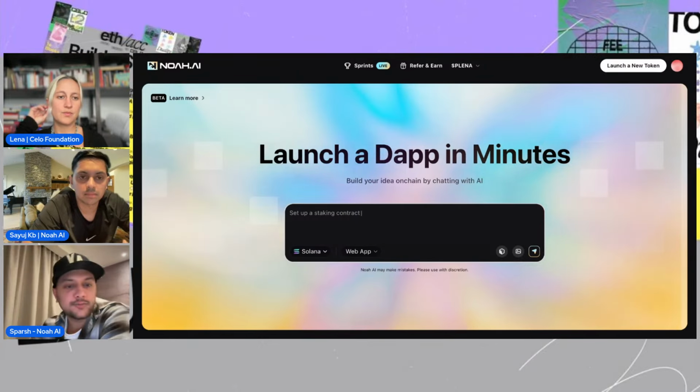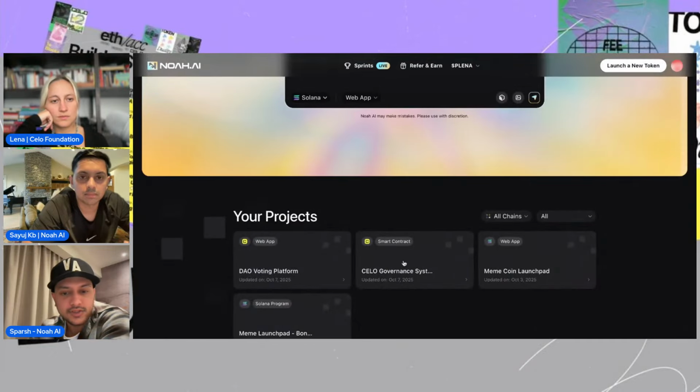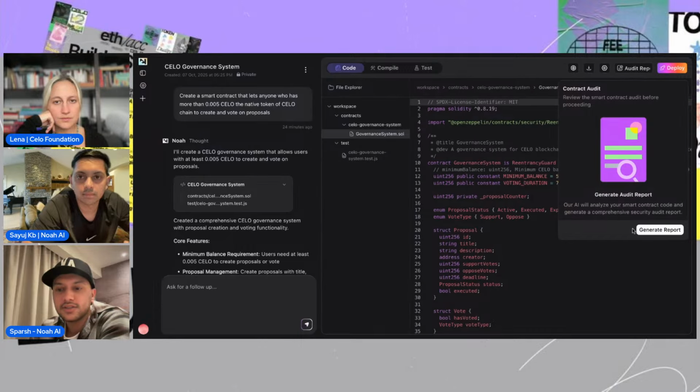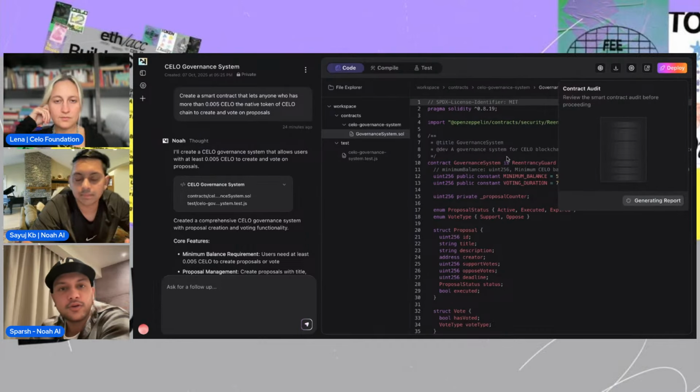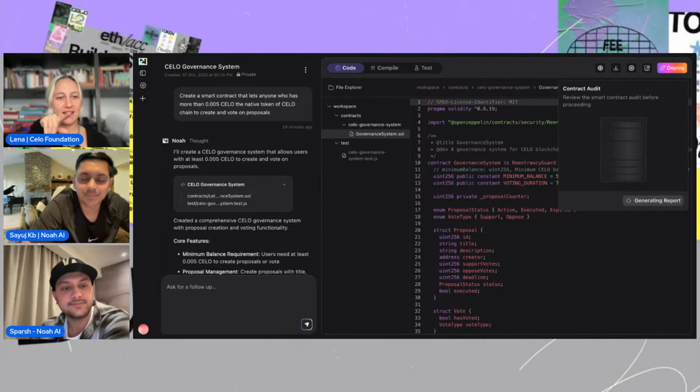So you'll be able to upload some files, and what you can do is upload the smart contracts and generate an audit report. I forgot to show you that feature as well. If you just go here, you can click on audit report, and it will create an audit report for you. It takes a minute or two because it goes through the whole code, and then it creates a whole PDF. So it takes a minute, but yeah, add that to your submission. You can actually add it in your submission.